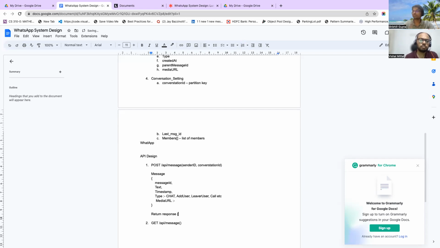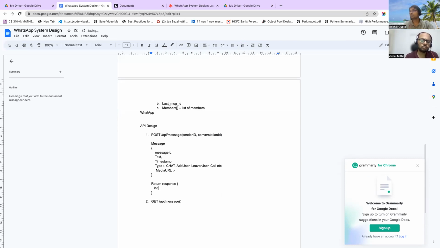The return response can be a JSON, and the JSON can have the message ID that you have sent, and the message ID returned from the server. I'll talk about why there's one message ID that I've been sending from our